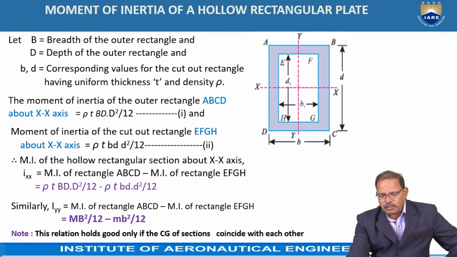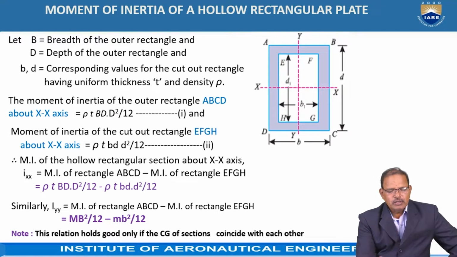The mass moment of inertia of the rectangle ABCD about the x-axis, where the x-axis is the central axis passing through the centroid, and the vertical line passing through the centroid of the body is the y-axis. So we are taking the mass moment of inertia of the hollow rectangle about the central axis. Ixx is equal to, according to the equation, m d square by 12,